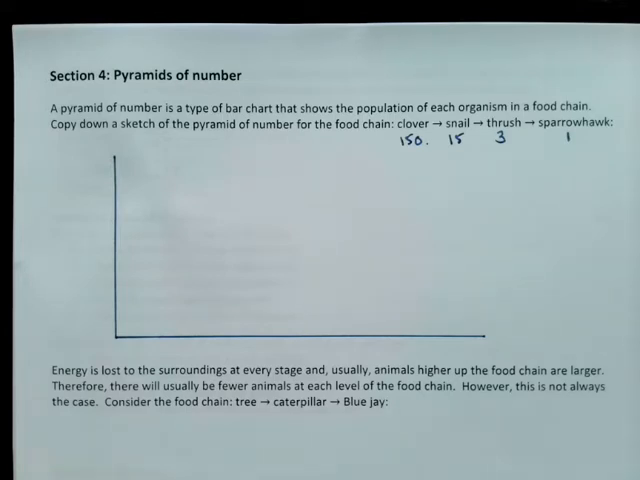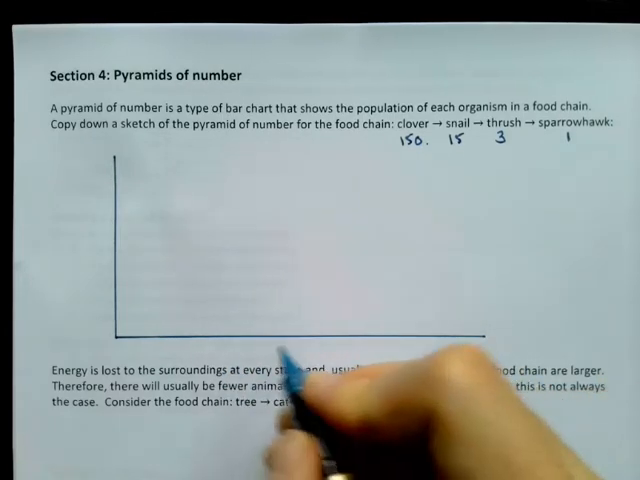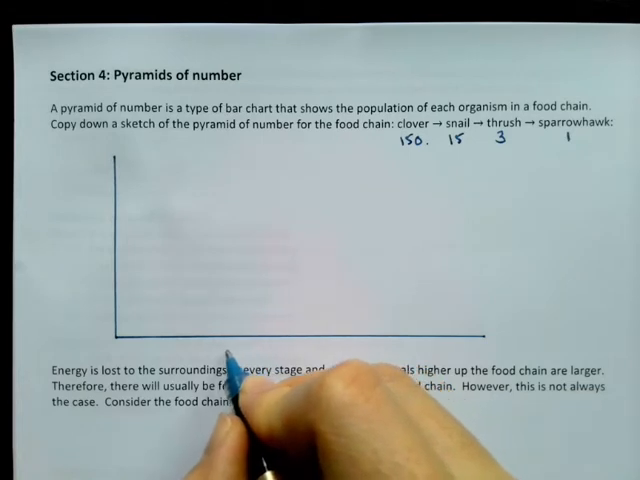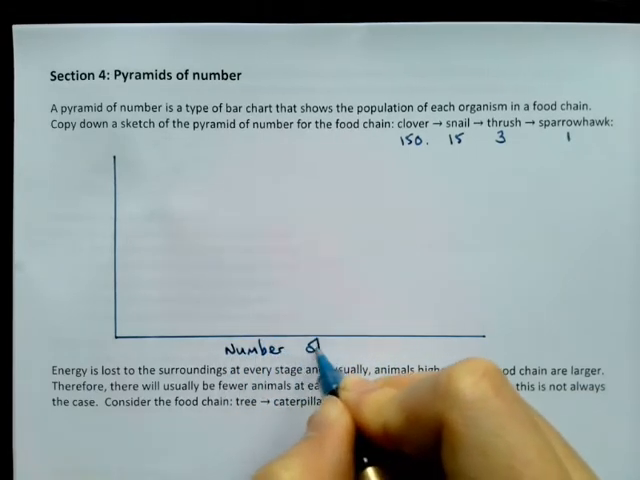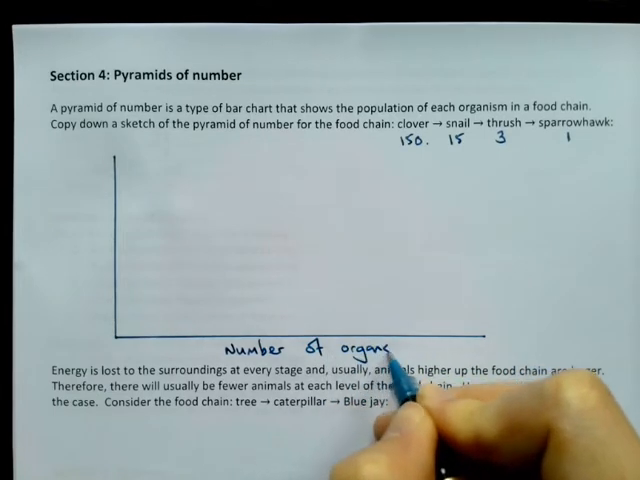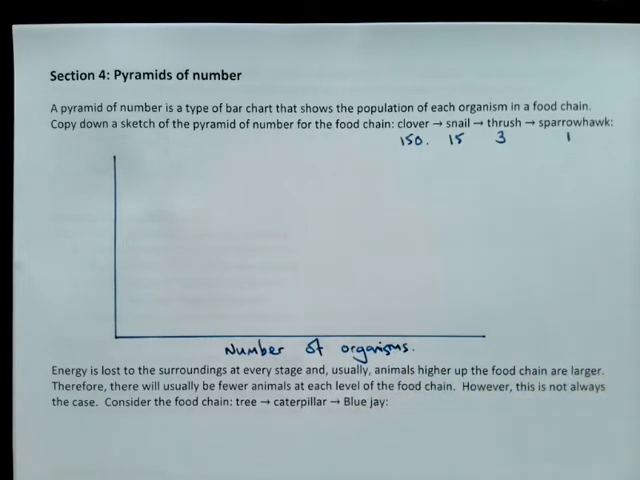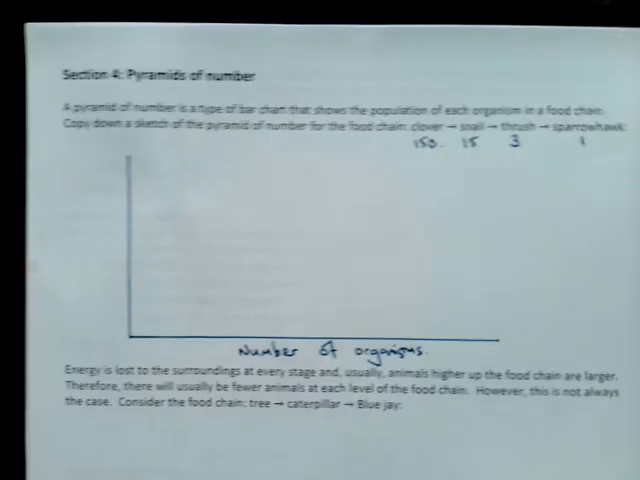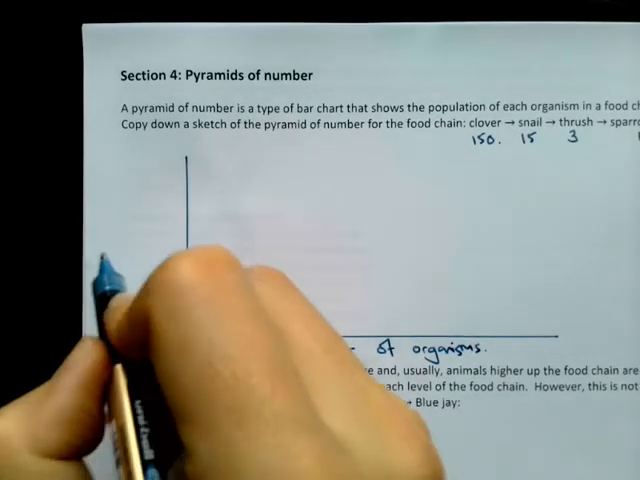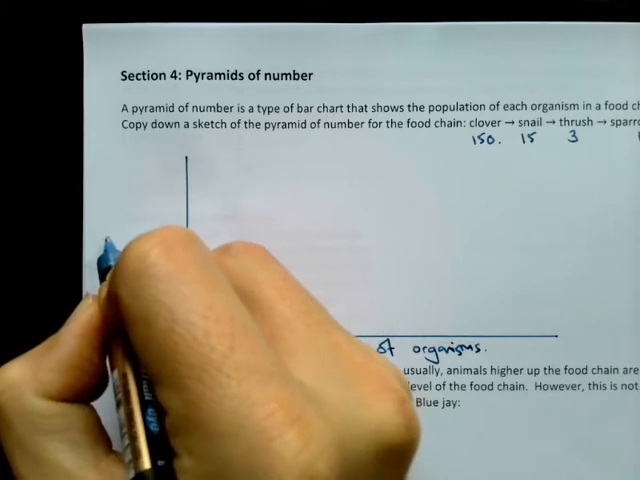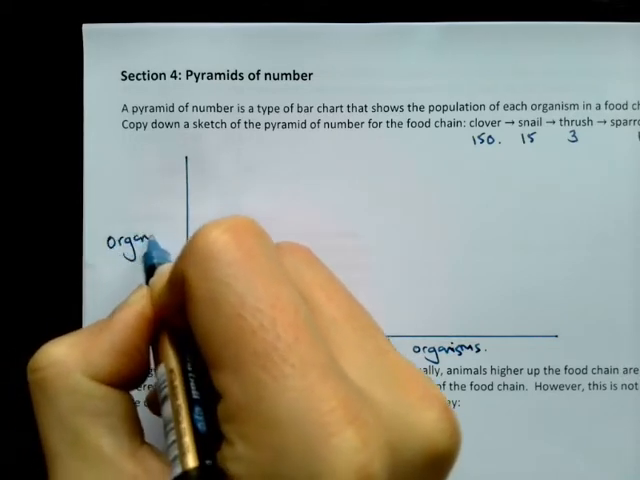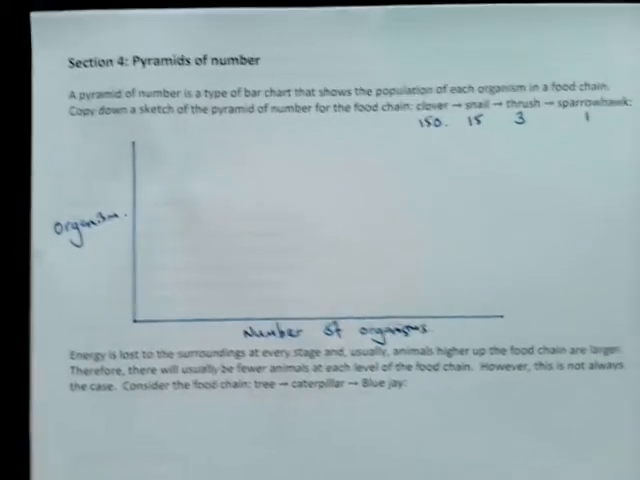So, along the horizontal axis, we are going to have the number of organisms. Oops. Okay, and along the vertical axis, we're going to have the organism, which organism we're talking about. All right, so